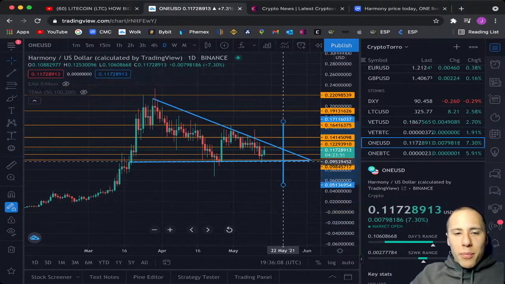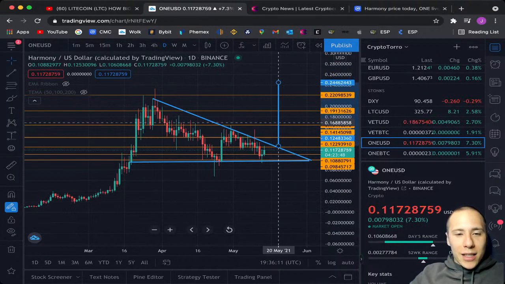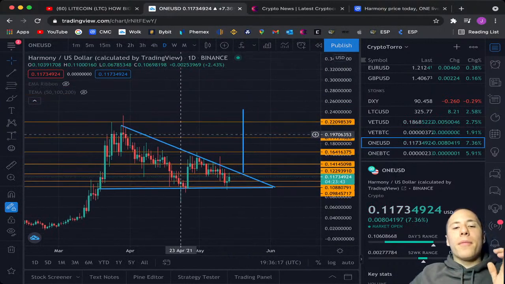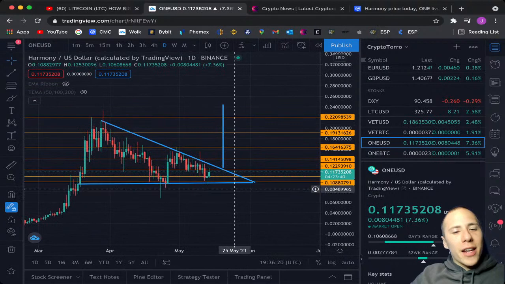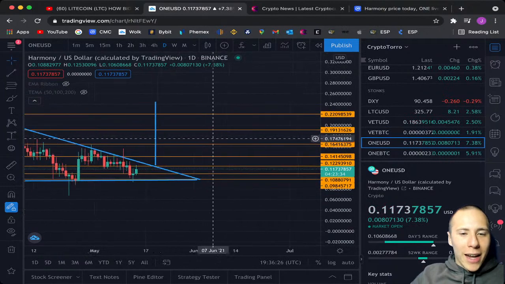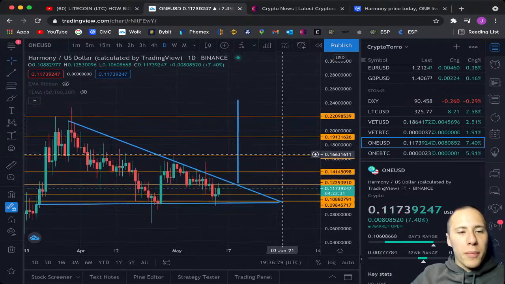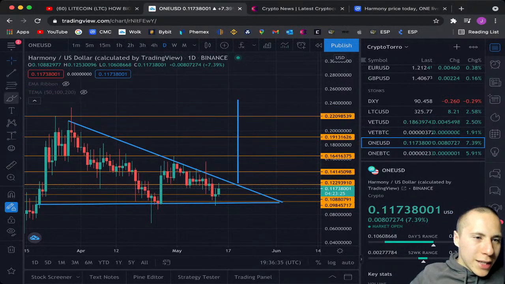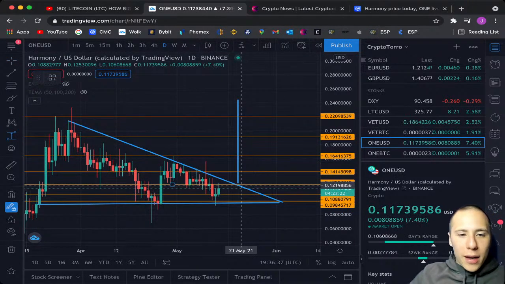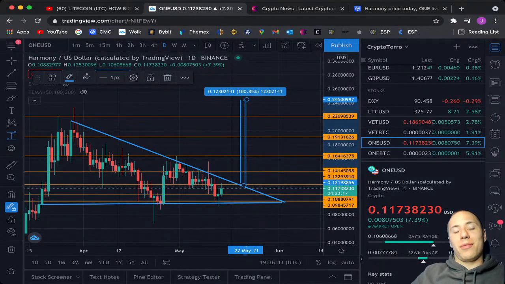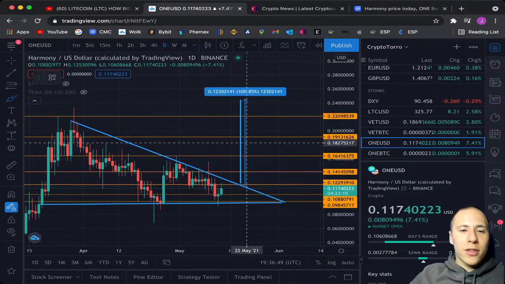So if Harmony breaks down towards even lower levels, I think it's very good to take a look at the Fibonacci retracement, and that's why I'll be activating that before going further to the Bitcoin chart, just to give you a little bit more information and data about Harmony at this particular moment. But I will be measuring as well this potential move towards the upside. So let's take a quick look. If Harmony will be breaking out towards the upside, it will be a move of 100%, so it's a huge move towards the upside. And if it does so, if Harmony has the strength to go all the way up,